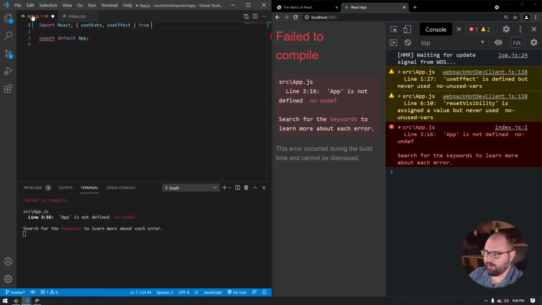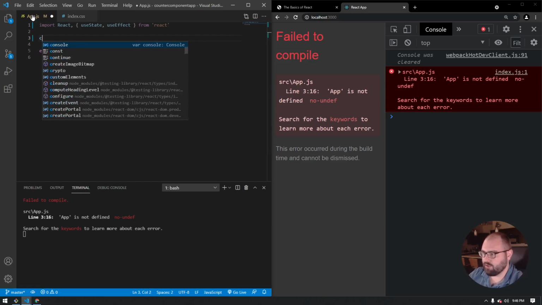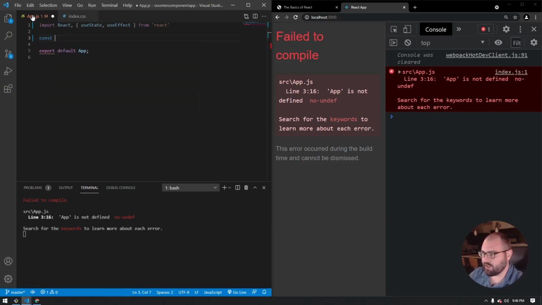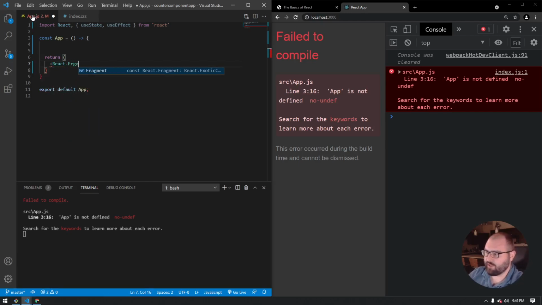And then that'll be from React, which is the npm package that was installed. We'll hit save. Nothing will work because we haven't defined App. So now we're going to do const App equals a function. We don't need any parameters right now or any properties. And then in my Medium post, I said that we need a return from here like that. And then we're going to do a fragment, just like how we did a document fragment here, but it's going to be React.Fragment